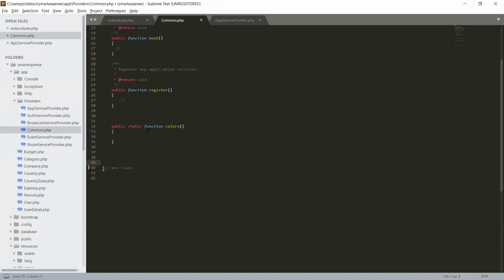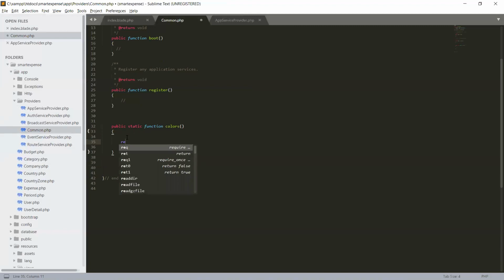So we do not have to instantiate that class. Without instantiating, we can access this function in our application. That's why we use public static function.